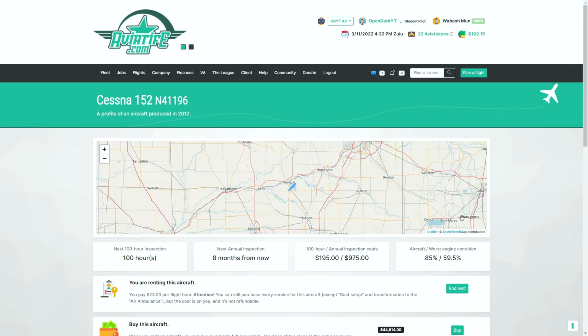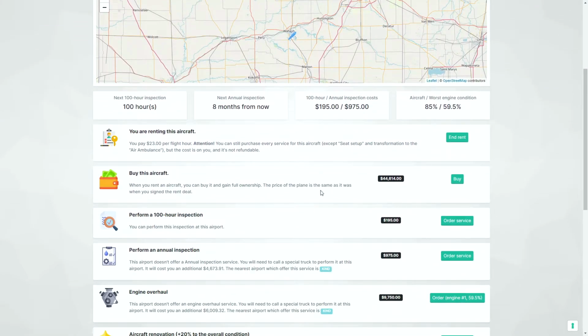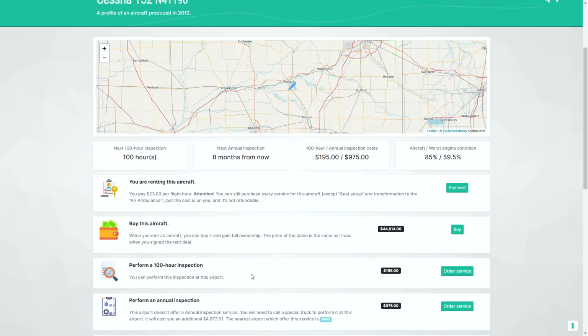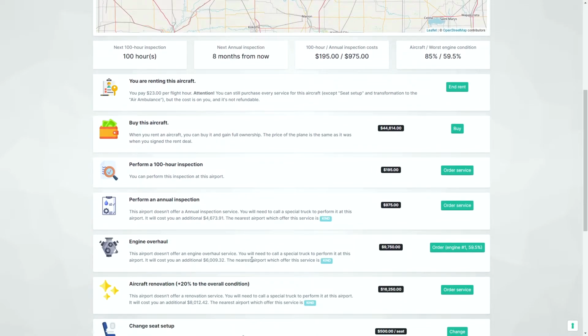Now if we click on the details, we can see some details about it. Where it's at on the map, how many hours to our next inspection, annual inspections, the costs associated, and the conditions. There is upkeep for all of your aircraft in here. We can buy this aircraft at $44,000 if we wanted to. We are responsible for service of the aircraft while we are renting it. If it gets down too low, we might have to repair it, but there's performing inspections, annuals, overhauling the engine, renovating